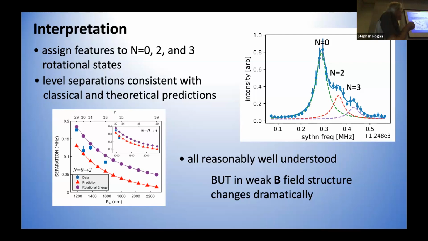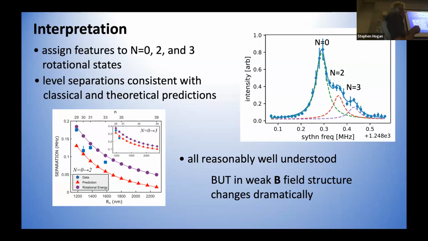You can measure the separation between these 2 peaks, or those 2 peaks, and you can say, how well does that compare to what we would expect? And that's shown here. Here's the separation between the peaks. Here's the internuclear separation, in other words, which depends on n. Here are the calculated values. This is simply assuming a simple rigid rotor. That will be the rotational spacing. This is a more sophisticated calculation, which involves some quantum mechanics. But you see that the measured separation is in pretty good agreement with what we would expect. To go to the 0 to 3 transition, again, the same is true.